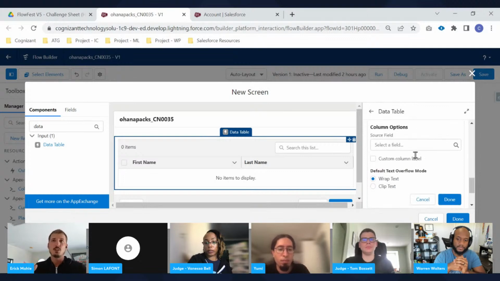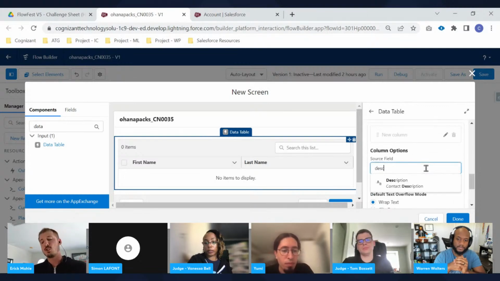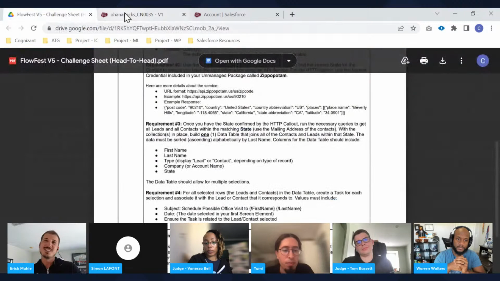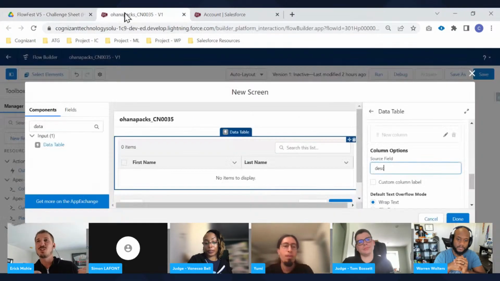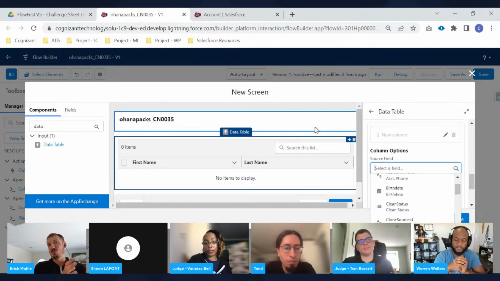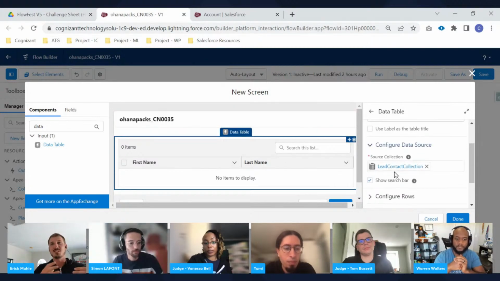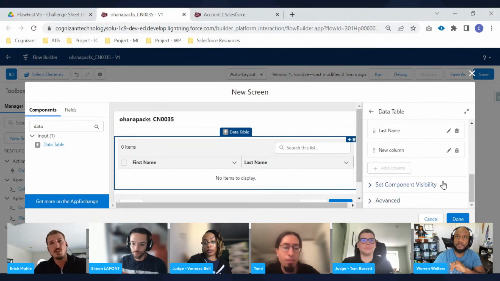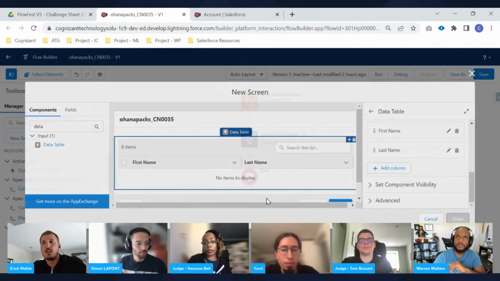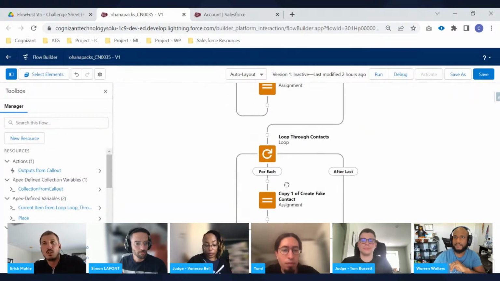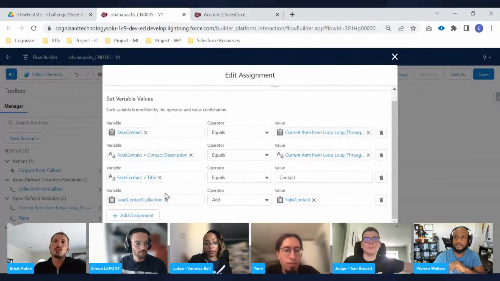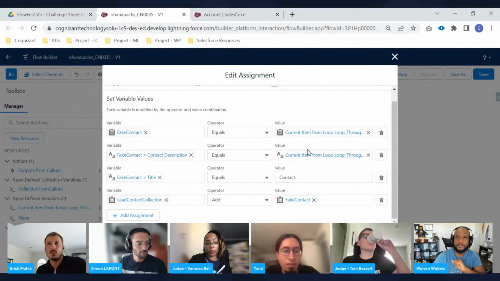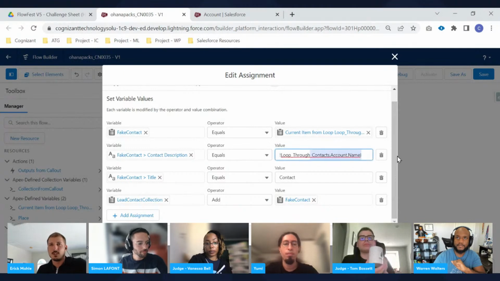And for those that were here early on, we walked through challenge 33. We talked about how there is the clever trick of storing information, like we stored the total number of cases in the number of employees field of an account just because it's a number field. It's a similar thing here. You can take a text field like title, for example, if you're not going to use it on your data table, you can take that information and you can just call that type. And with a formula, be able to,